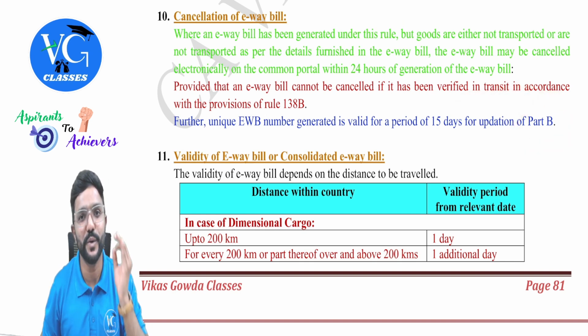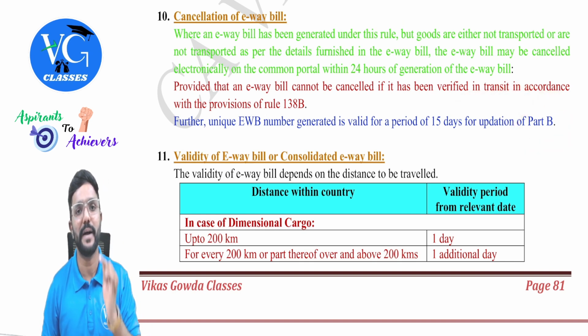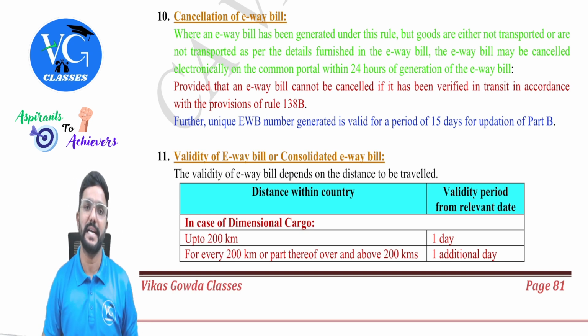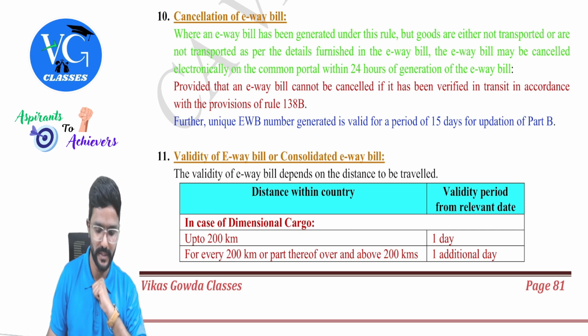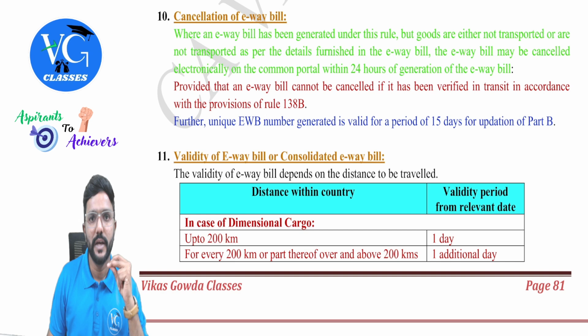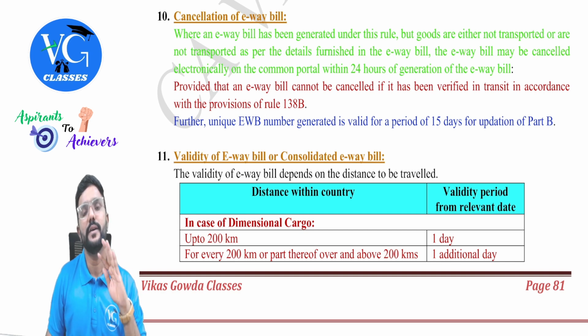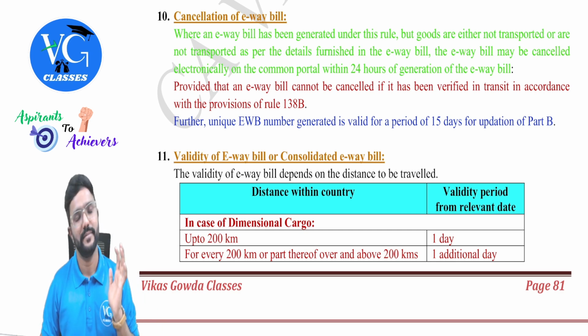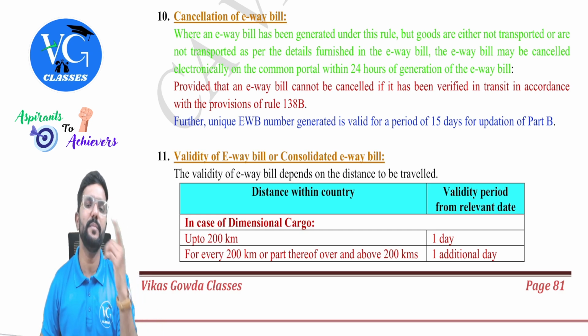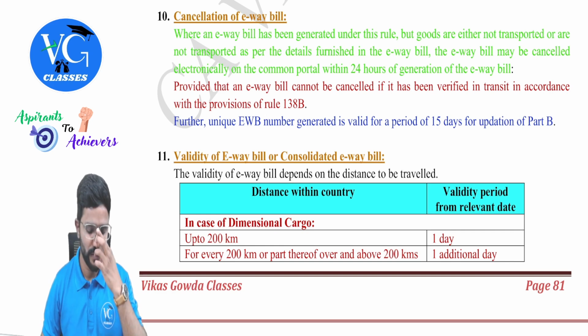So it is always better to give the vehicle details in Part B before the movement of goods starts, or before the movement of vehicle starts, guys, or maybe a few hours before. Got it? Yes. For example, assume the movement of vehicle will start 3 days later. So better to generate it on that day morning, or maybe the previous night, guys. Okay.